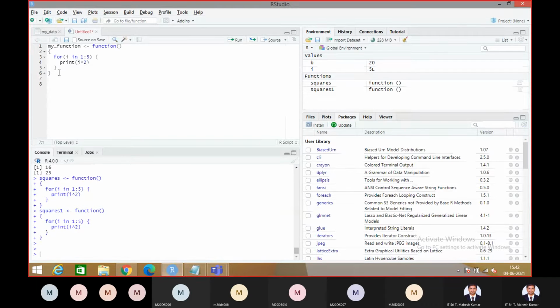So see here, sample function a, right? Here, just copy this code.